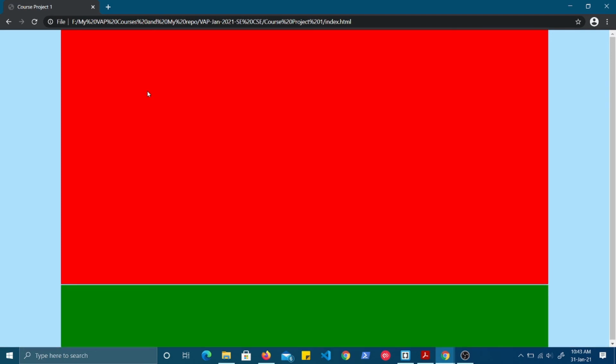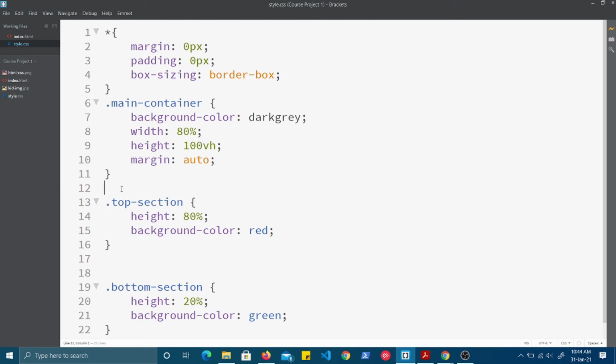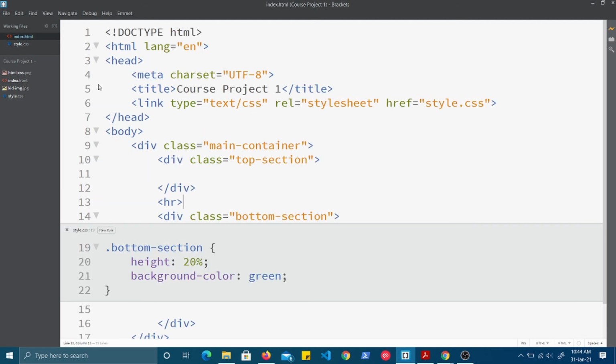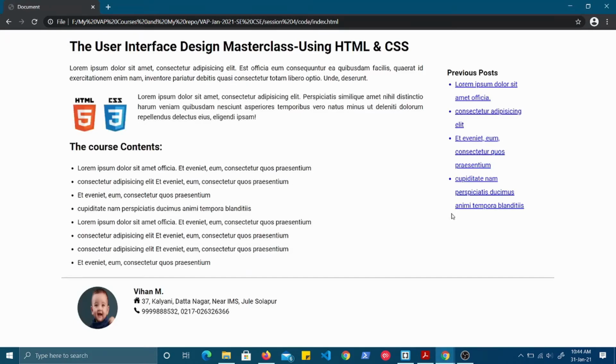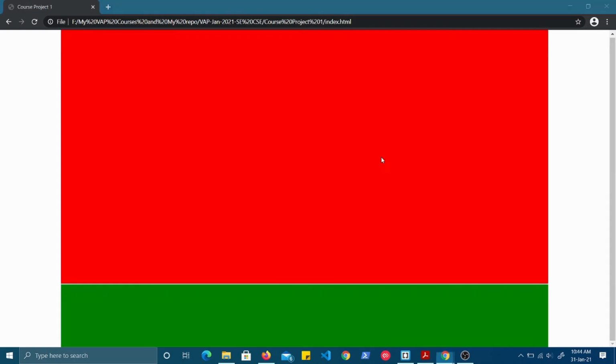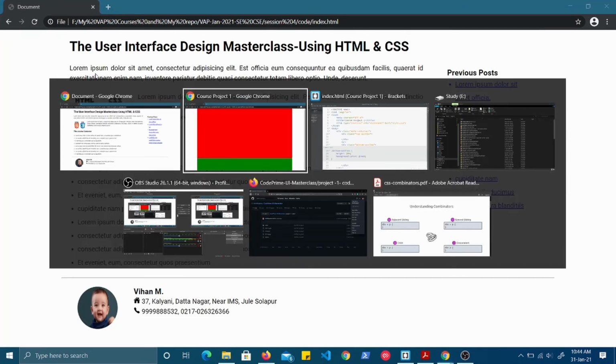Any extra padding or anything, in between this div also you can see, this is only the horizontal line that we have given. It is not separated. So we have created this layout again. Now what we have to do, within this top section we have again two sections, and you can see this consumes 75% of the width and this consumes 25% of the total width of that particular div. So we will have this 75% and 25% for this section. So let us do that.